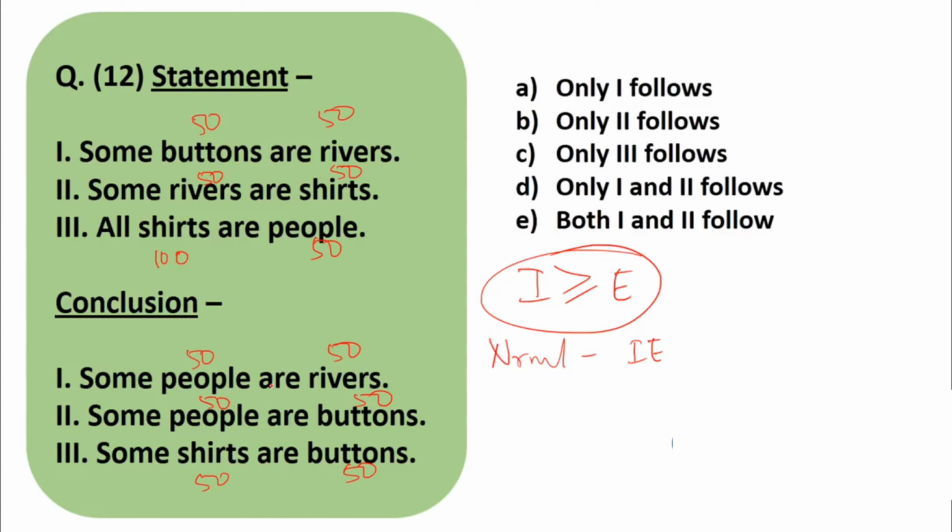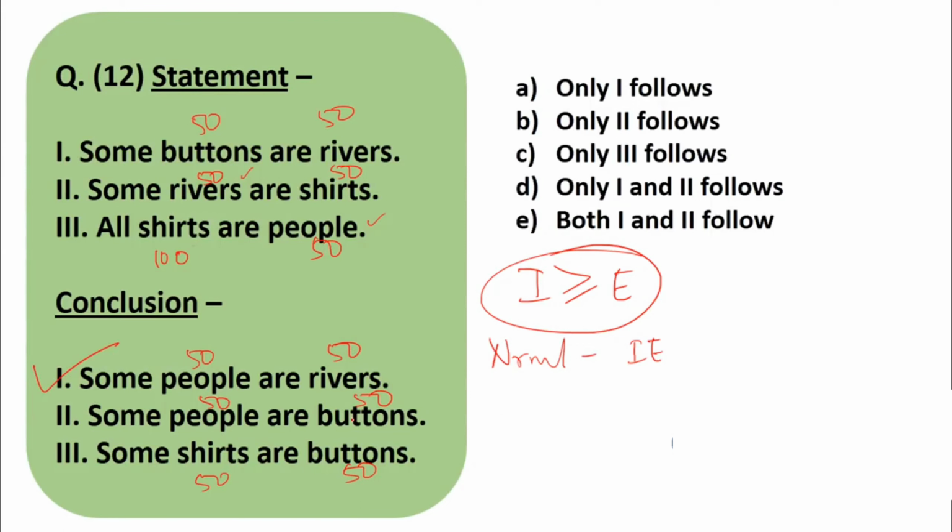First conclusion, some people are rivers. Are there people and river in one sentence? No. Here we have river, here we have people. But since you are getting two sentences close by, why take such a big leap? So river here, people here. Common is shirt. Is one shirt 100? Yes. You can move ahead. River income is 50, here river expenditure is 50. People income is 50, here people expenditure is 50. Condition satisfied. Conclusion 1 valid.